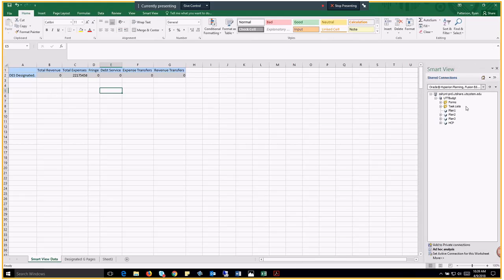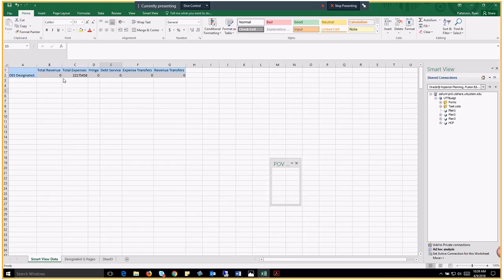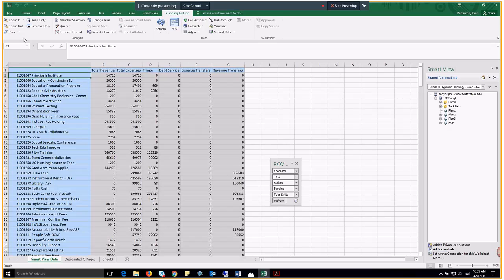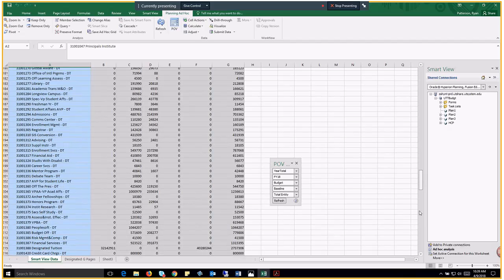And once we're connected to Smart View, it's nice. It just populates this way where all I need to do is double click on this Plan 1 here on the right hand section. I'll see once again my data updates. This one gives me a lot more data, so this will be a more useful exercise. So if I zoom in and bottom level, I now see all my cost centers that roll up to the designated